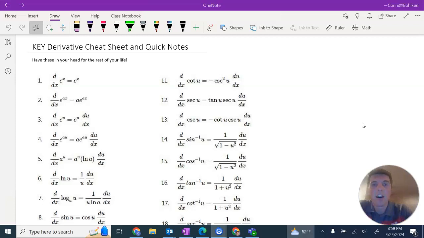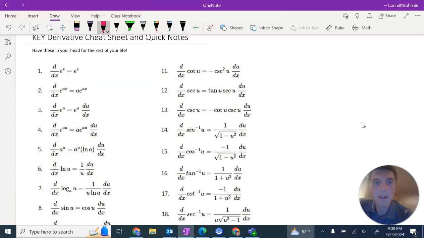For example, all of these in the right column, the rule itself is correct, but they're all treating u as a separate variable, as in we're doing implicit differentiation on every single one of those. So the rules themselves are still correct. So the derivative of cotangent is definitely still negative cosecant. That's right. But,